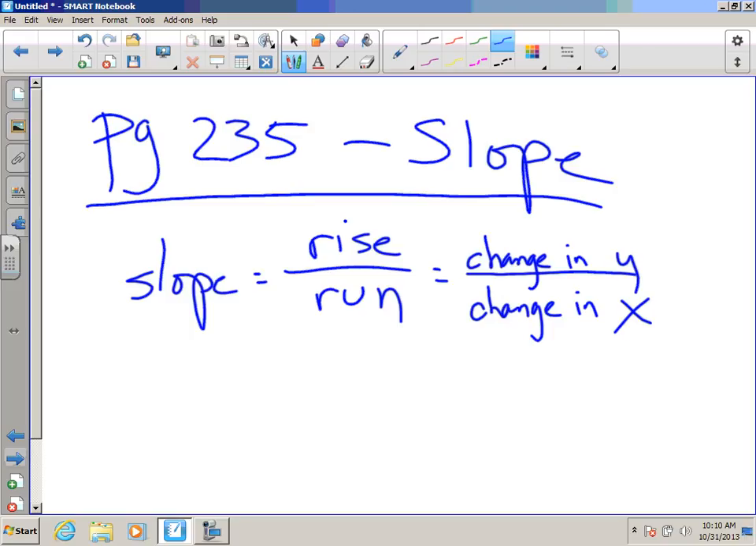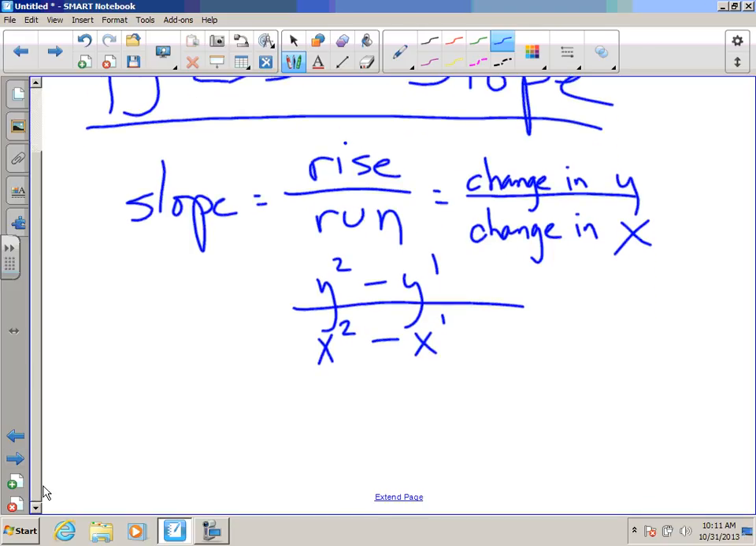The other thing they do is they give us this other formula. It all means the same thing. Your second y minus your first y, over your second x minus your first x. It's another formula you want to get out of. I'll show you. So if you look at the bottom of page 235,